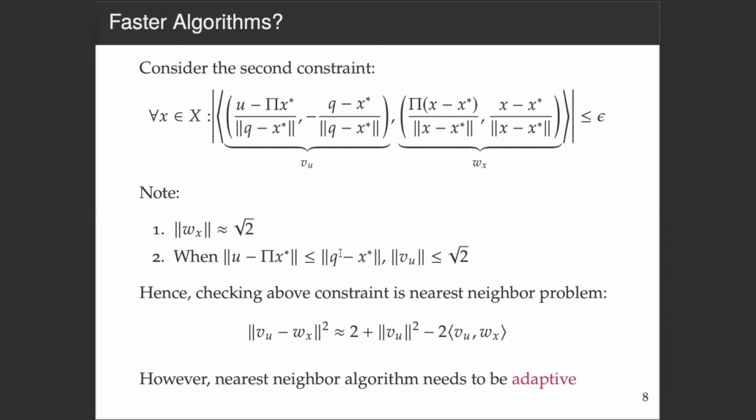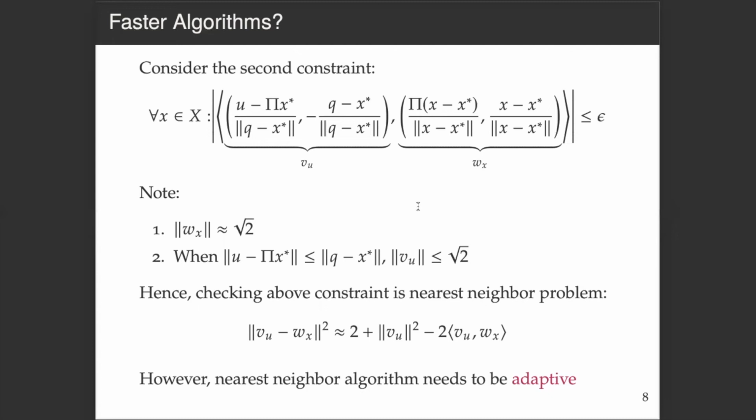Therefore, checking the above constraint effectively boils down to a nearest neighbor search problem. So if the inner product of VU with WX is very large, VU is going to be much closer to WX than it's supposed to be. On the other hand, if the inner product of VU with WX is very small, then VU is going to be much closer to minus WX than it is supposed to be. Whereas the constraint effectively enforces that both of them are approximately orthogonal. And because of this, we can effectively check this constraint using these augmented set of vectors WX using a nearest